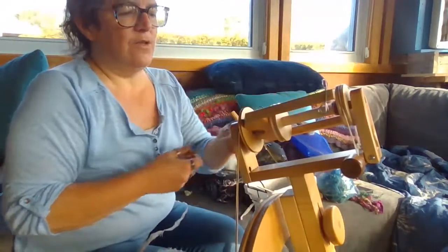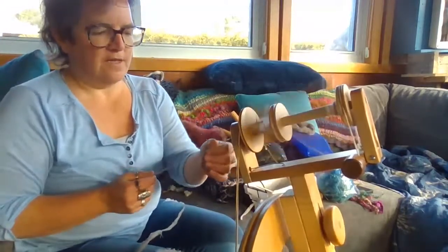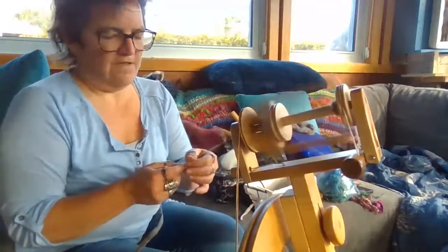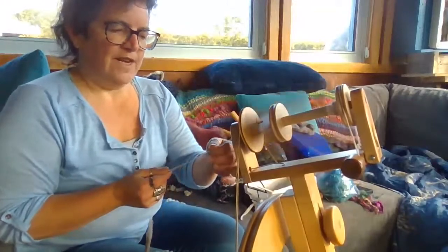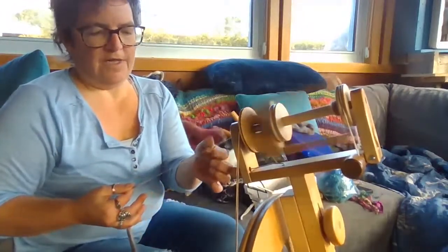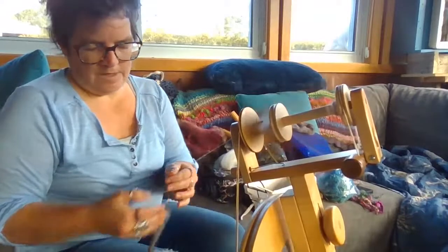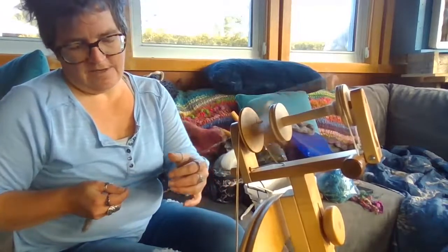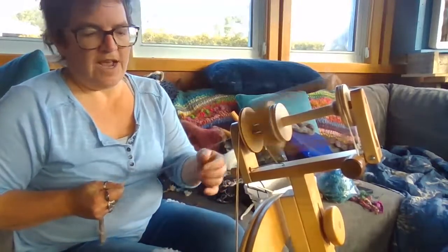All right. So long draw is being very tricky on this. So I think I'm going to go with a different way of spinning it. So I'm going to do long draw, short draw, if that makes any sense. So draft it out. I pinch here, keep the twist from entering. And then I'll draft here and then let the spin in. But I'm only going to do a draw of this long. And that'll allow me to get enough twist in there. Now, if you have a shoulder or back problems, this is an excellent modification. So you can still get that woolen draw, that full woolen long draw, but not have to reach behind you